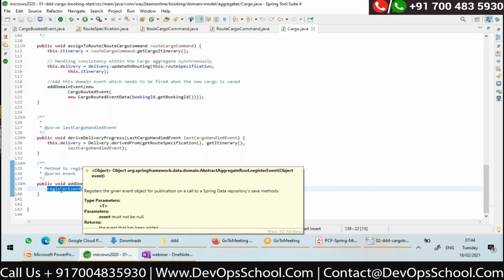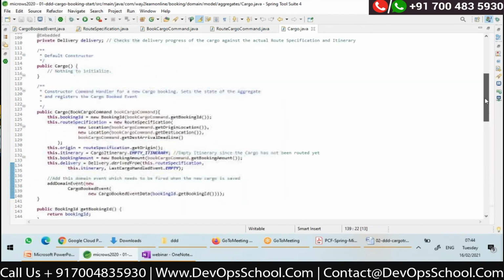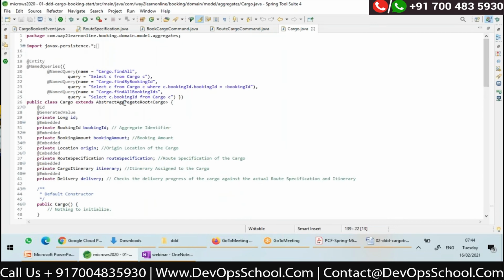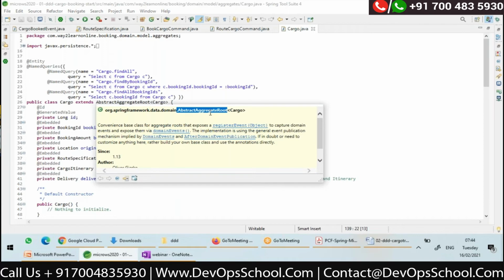Actually, I'm using Spring Data JPA in my logic. Whenever an entity is committed using Spring Data, we want to execute some logic. So Spring Data JPA gives us a class called abstract aggregate root, which has only one method, register event.